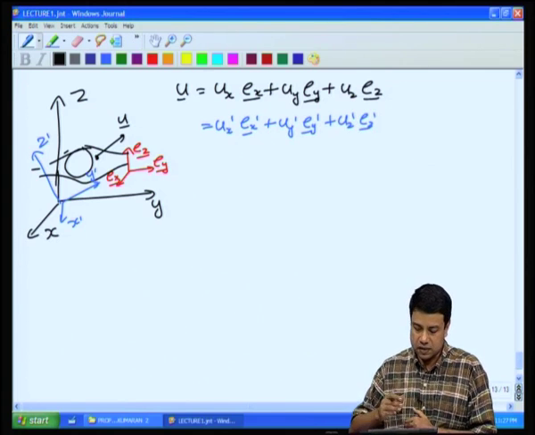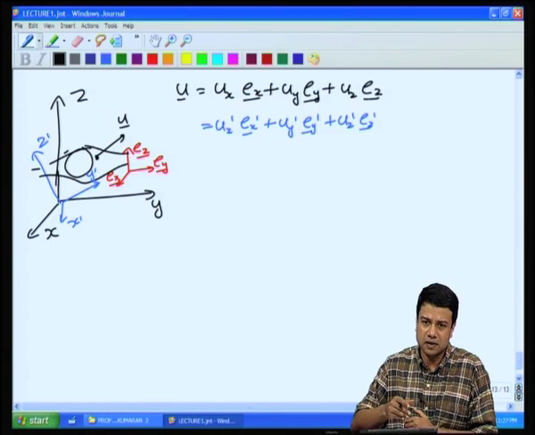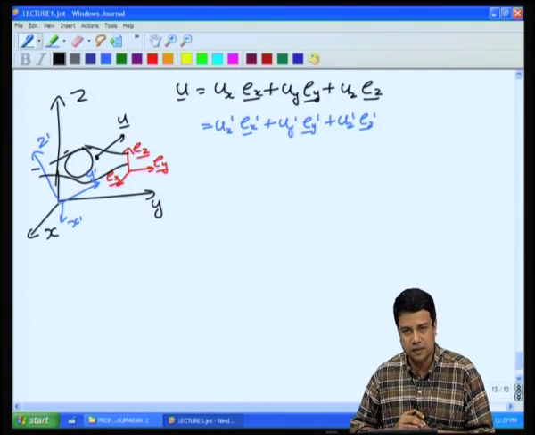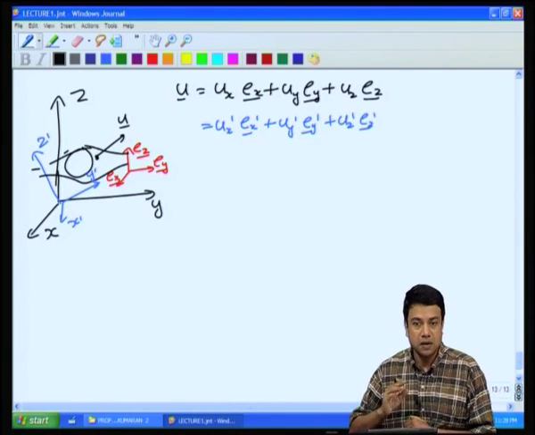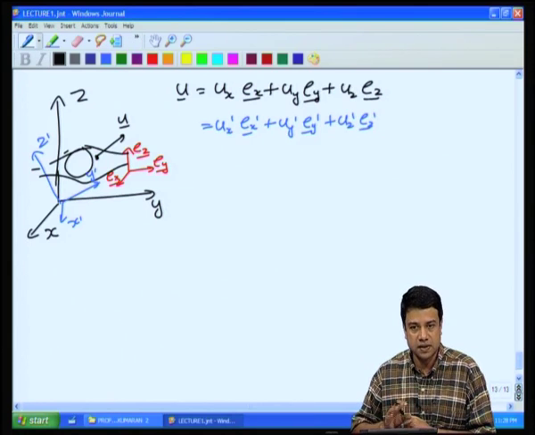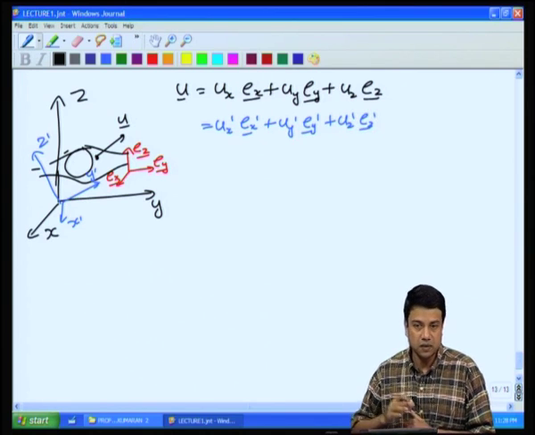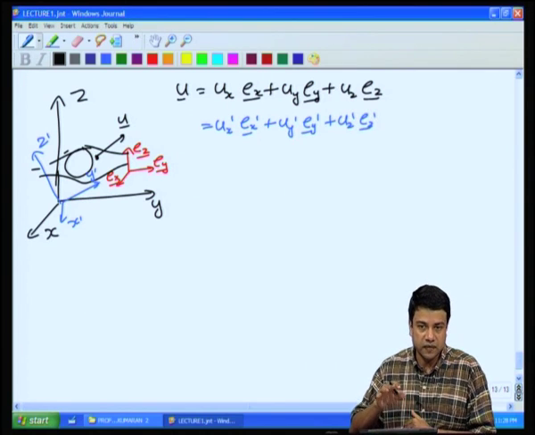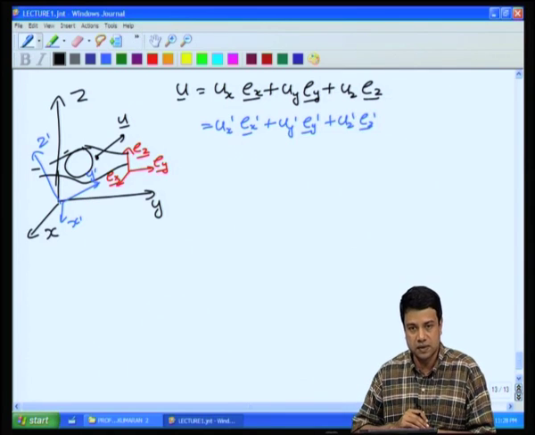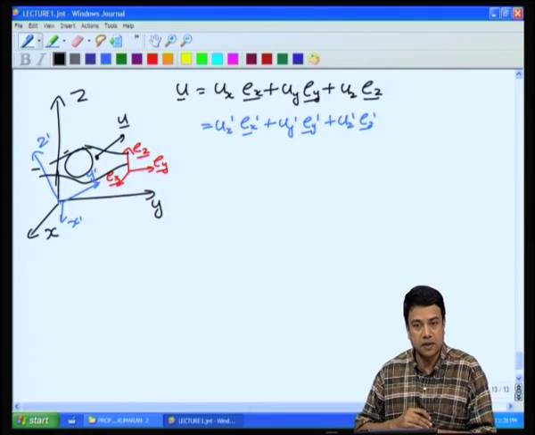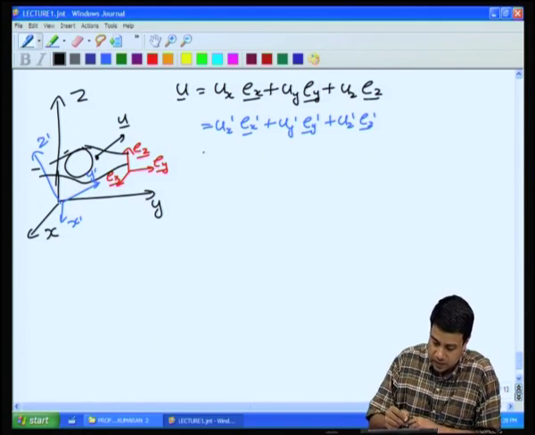So, rather than writing down equations for each particular scalar in this manner, I should be able to write down equations for the entire vector field itself, okay, and that will be one of the objectives of this course, to derive equations for the vector field itself, treating it as an object independent of coordinate systems. Okay. For example, there are certain things of vectors which are independent of coordinate systems. For example, the